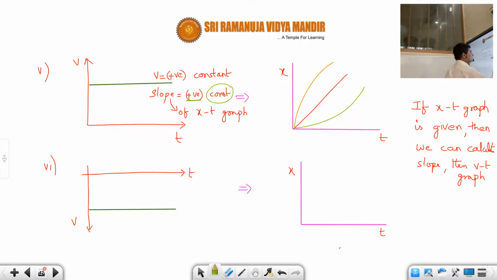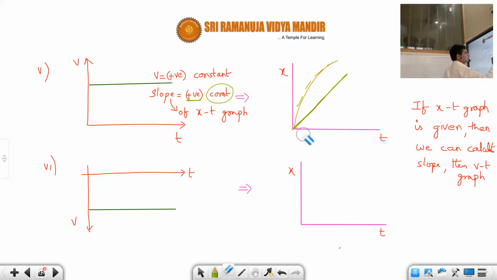Now if you see, students, for this color here, as you are going like this, the slope is changing, the steepness is changing. That means the slope is not constant. Same way for this one also, the slope is not constant. Whereas for the red color, the slope remains constant throughout, because it is a straight line. If you draw tangent at any point, it remains same. So therefore the correct graph for XT is this one, students.